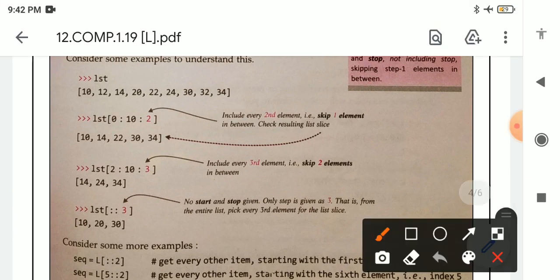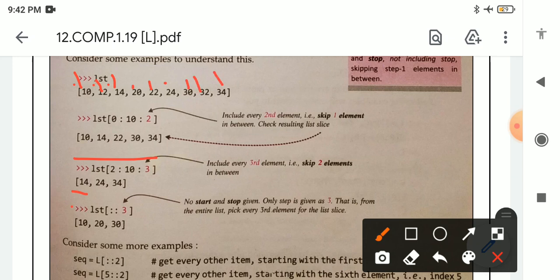See here, it is given 2, the start point is what, 2, the end point is 10, and the step is 3. Start point is 2, so 0 1 2 means we will start from 14. See here 14 is coming. After that the stop point is 10, means 0 1 2 3 4 5 6 7 8, it is out of limit, we will leave.